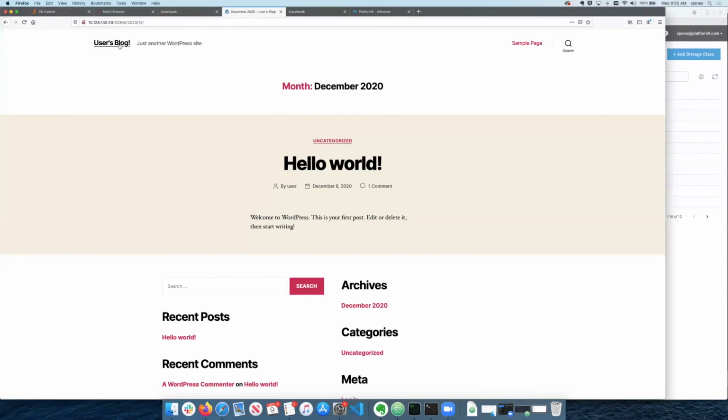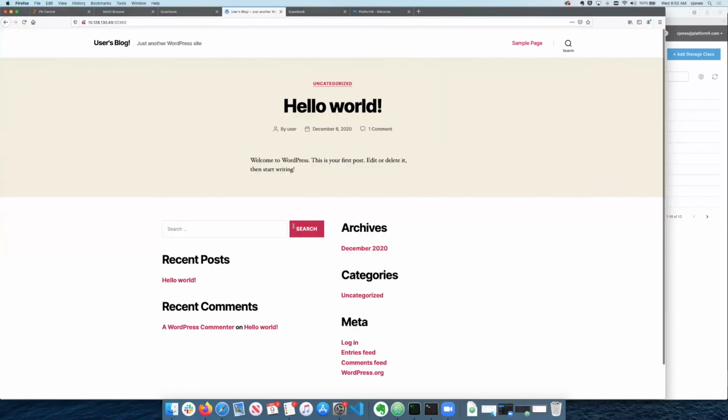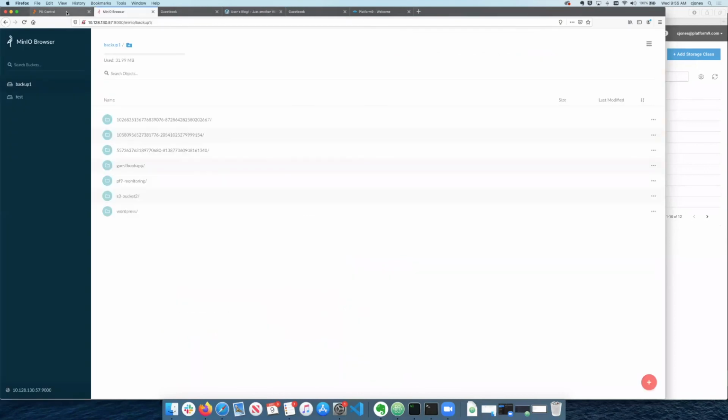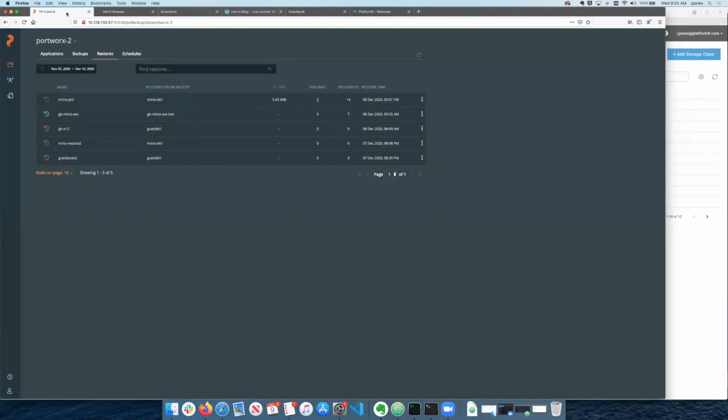Same thing with WordPress. This WordPress site is running on my first cluster, and I was able to back that up and restore it to the second cluster very simply and easily, with the storage all available, exactly the same thing, provisioning the entire application as well as the storage across to that cluster as well. So that's a pretty short and sweet demonstration of a little bit of Platform9 and